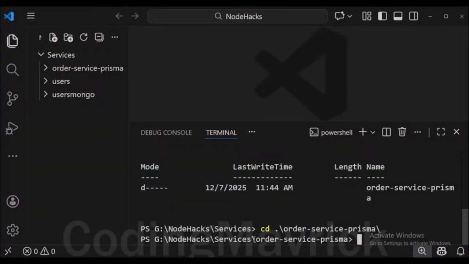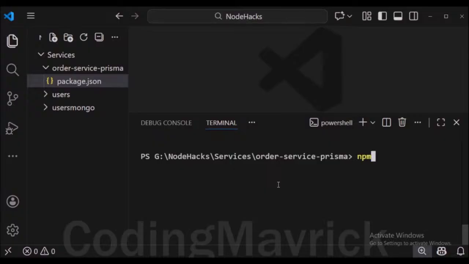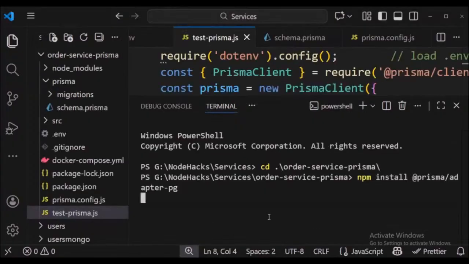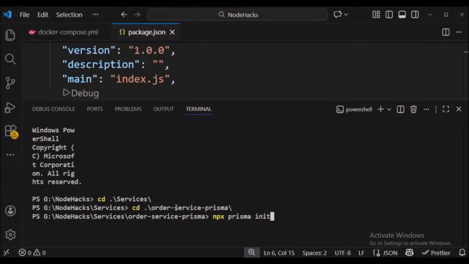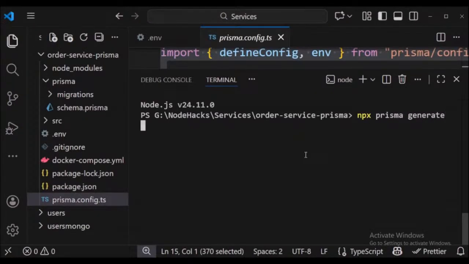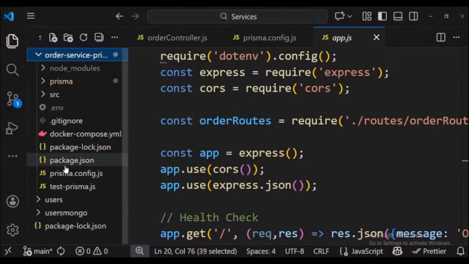So let's summarize what we accomplished in this entire session. Viewers, we started by setting up our Node.js microservice structure. Then we moved into configuring Prisma with PostgreSQL using the Prisma default driver and then through Prisma adapter using custom connection pool. After that, we generated our Prisma client, we ran our migrations and connected everything cleanly to our order